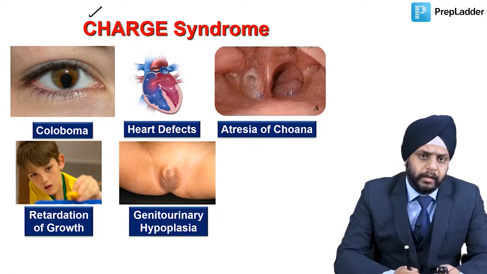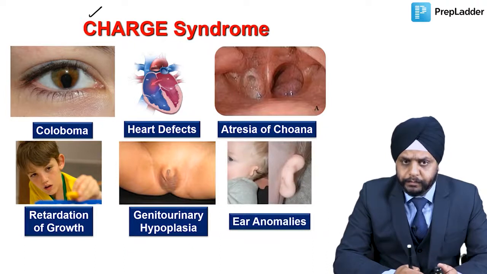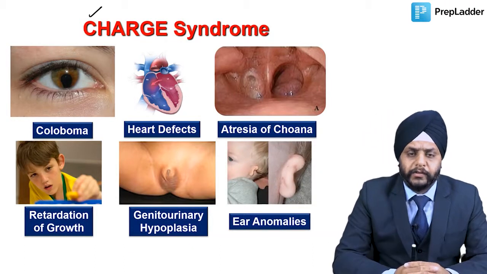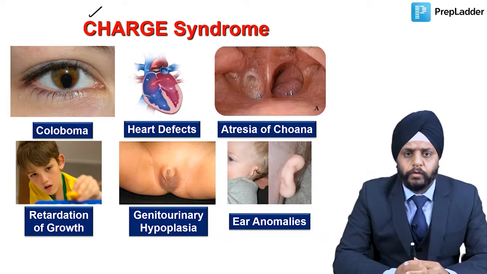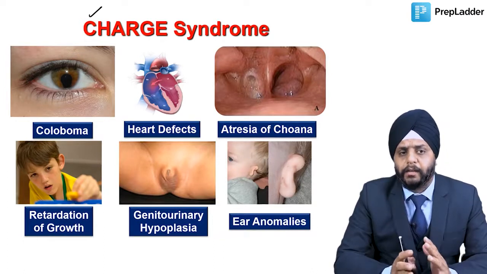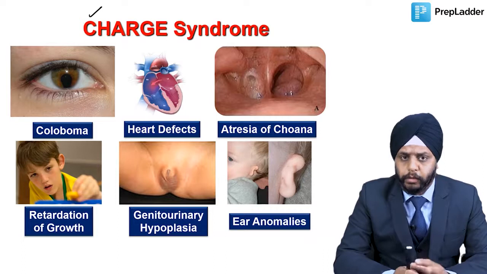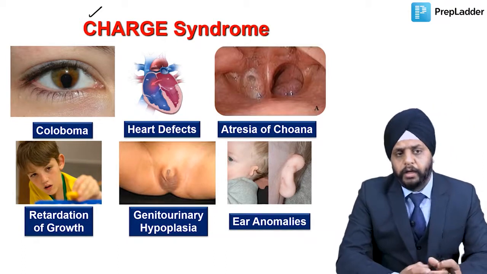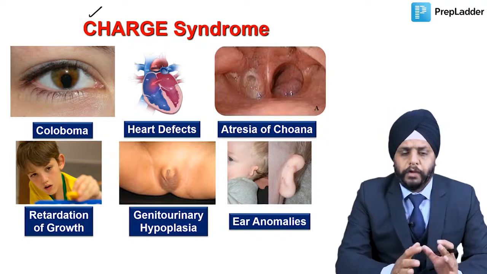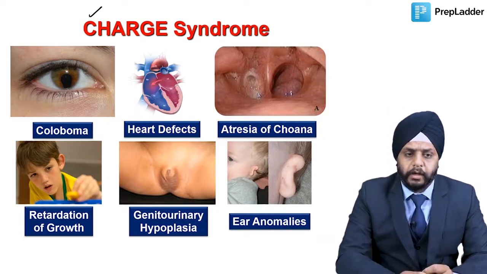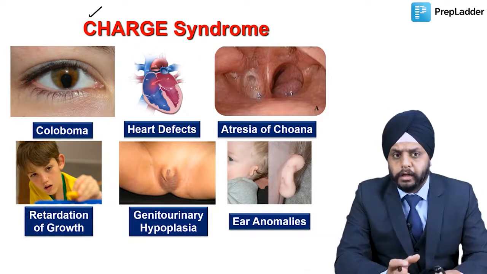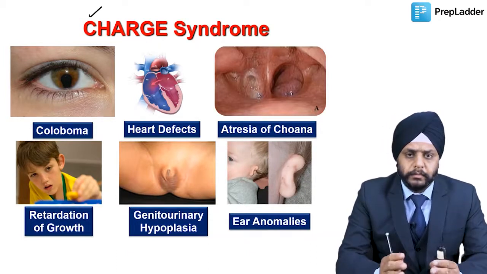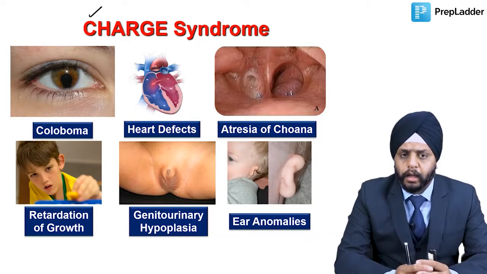The E stands for ear defects, the ear anomalies which can be present. So together this is known as CHARGE syndrome. So remember, the atresia can be a part of the CHARGE syndrome. So whenever you get a patient of choanal atresia, we cannot rush to the surgery. We have to first evaluate the patient and rule out other conditions which may complicate the anesthetic drugs which are given during the surgery.